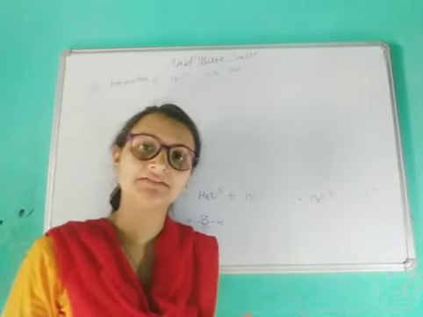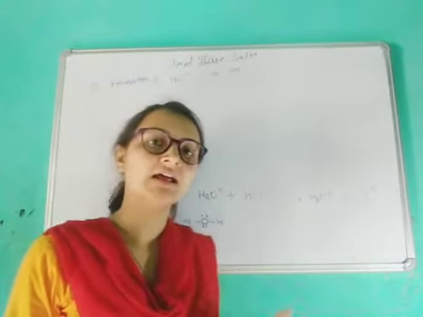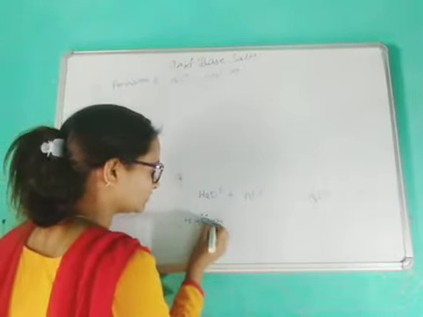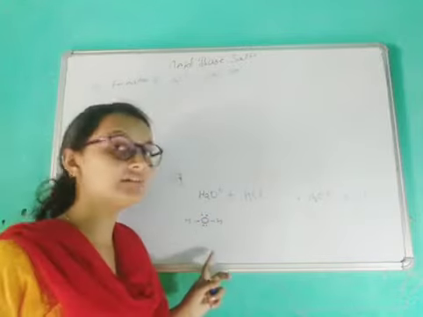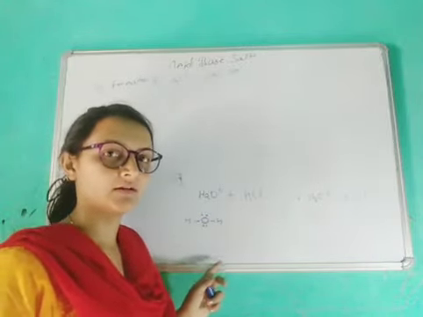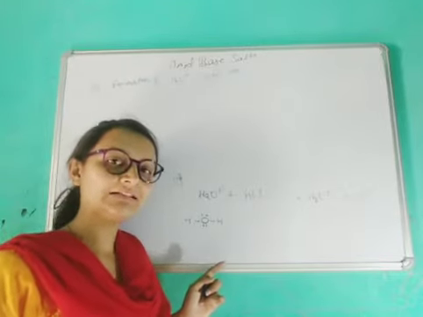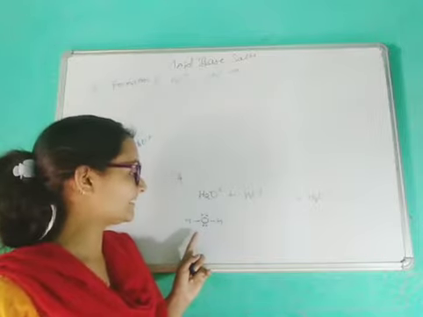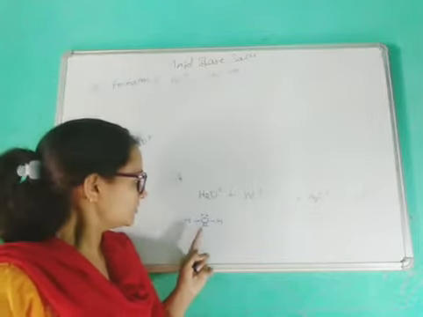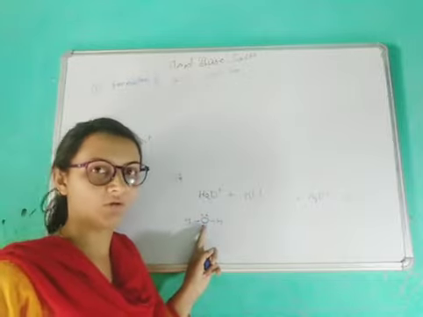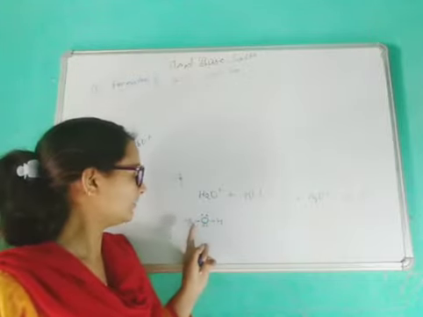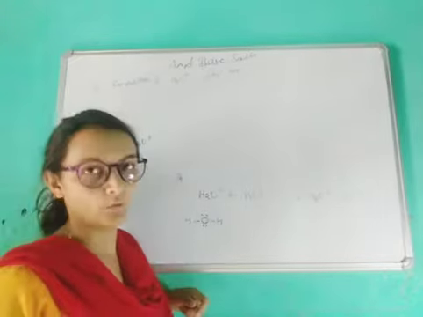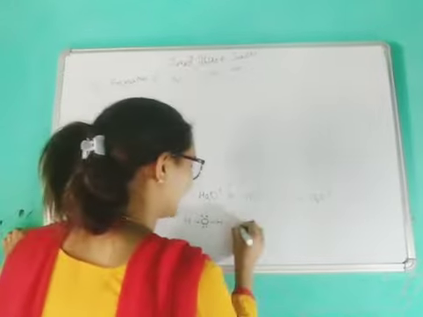Oxygen has atomic number 8. In its outermost shell there are 6 electrons. So one is here, 1 2 3 4 5 6. Oxygen has 2 lone pairs. If you recall the second chapter, chemical bonding, we learned what lone pairs are. So there are 2 lone pairs on oxygen, and one here and one here are the bonding electrons, and these are the 2 pairs of electrons that are lone pairs. It will react with HCl.